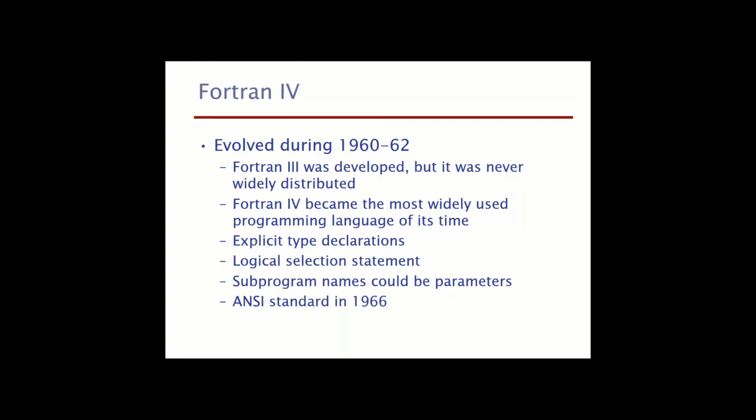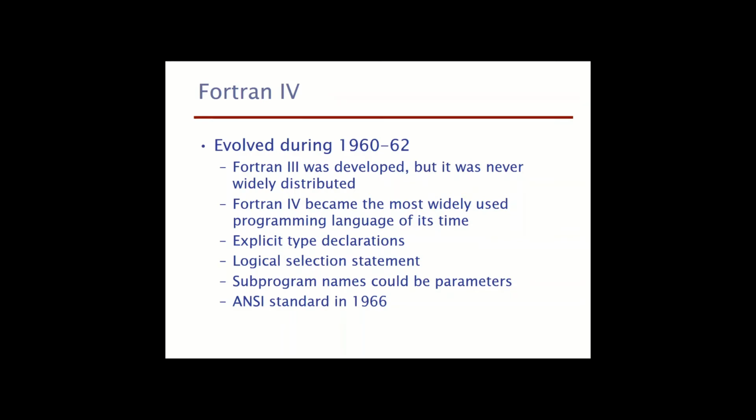Fortran 4 came right after Fortran 3, but it became the standard back then in '66. It was the ANSI standard. Anything standardized, like the way we use in our reality today, we used standardized things back then also. This was a standard version. People used it. Fortran 3 didn't have a chance. So it went directly to Fortran 4 and became widely adopted by many programming teams.